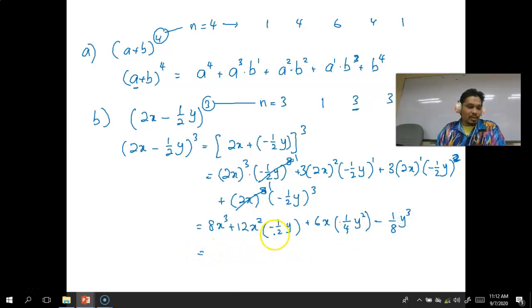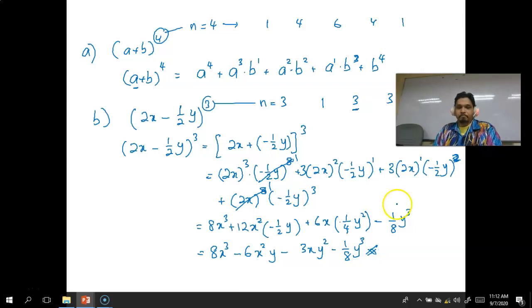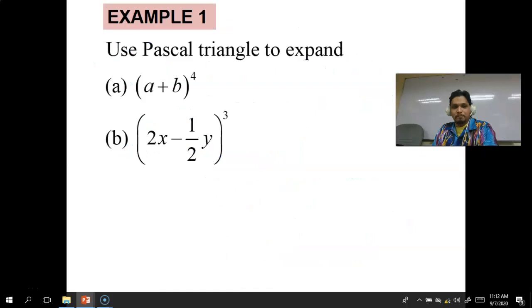So simplify this, and it gives you 8x cubed minus 6x squared y minus 3xy squared and minus 1 over 8y cubed. Okay. So next page,